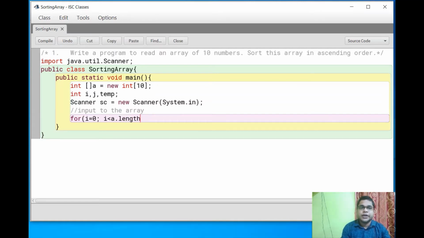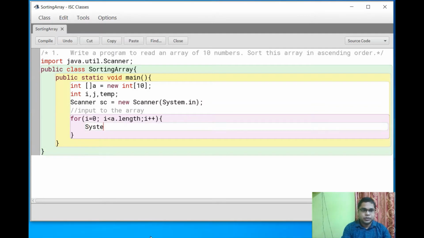Here I can use a.length, the array's length property, by which we can retrieve the length of the array. Or instead of a.length you can write i less than 10, but it is better to use the length property. Then i plus plus.